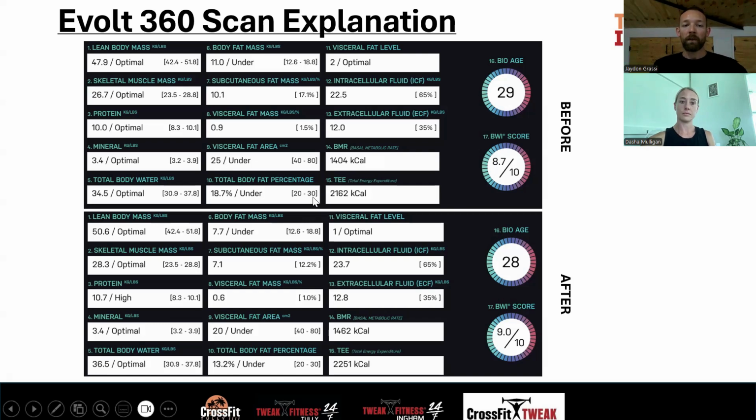Okay, cool. So the visceral fat area again, so 25 square centimeters. If we were to pull that out, we'd see 25 square centimeters in our before scan and 20 in our after scan. So obviously it's a great drop there. I think that's all fairly self-explanatory. You want to add anything to that, Dasha? No, not really. I think that's a great thing to see